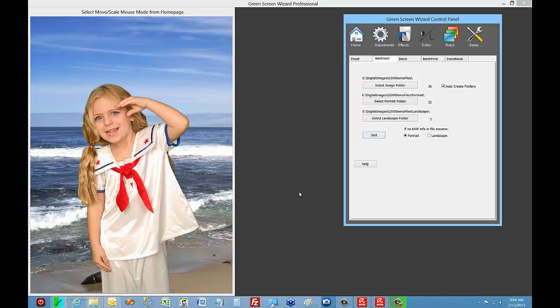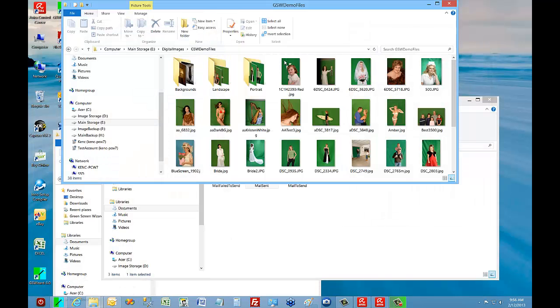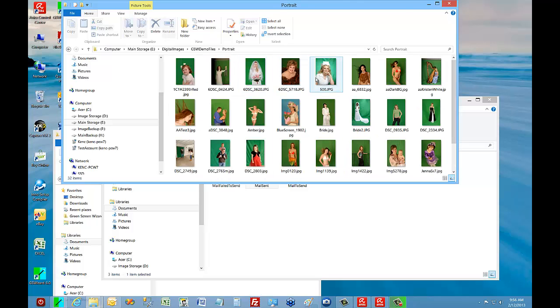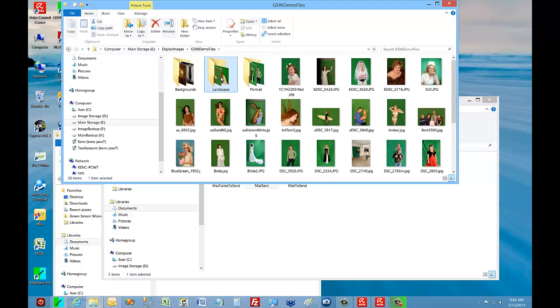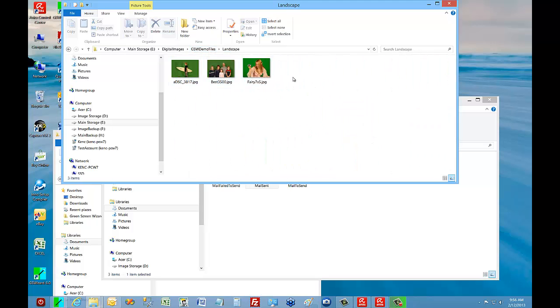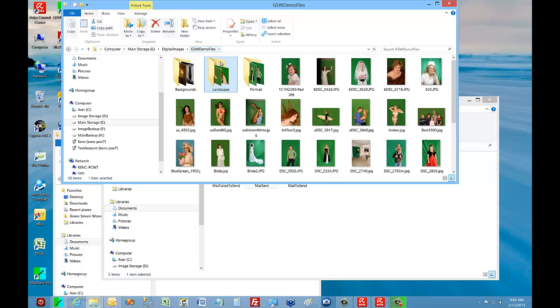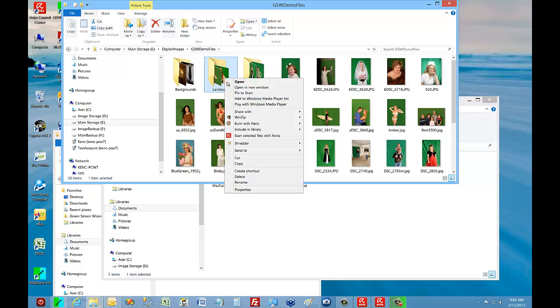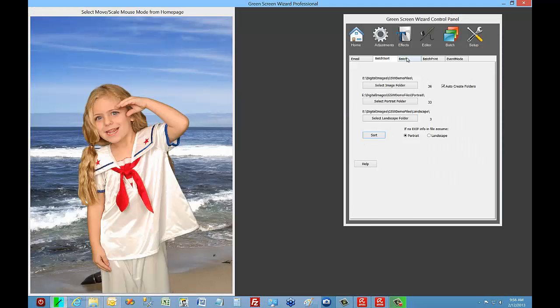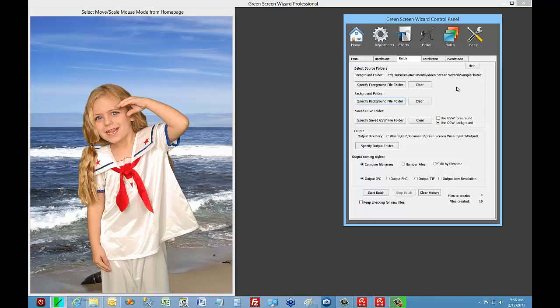So let's take a look. So see, these two folders are new. So here's the portrait folder. Everybody's in portrait mode. And here's the landscape folder, all in landscape mode. So if you're going to run a batch, you'd run two batches, one on the landscape and one on the portrait side. I'm just going to, well, I'll leave them. Okay, so back to Green Screen Wizard. All right, so now batch